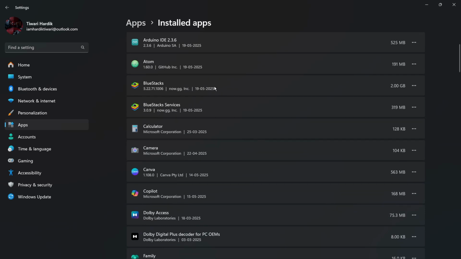The first thing we will need to do is remove the BlueStacks application. To do this, simply click on the three dots at the right hand side of the BlueStacks application, and from here choose uninstall. You can see this message which says this app and its related info will be uninstalled. In order to continue, simply click on this uninstall button,